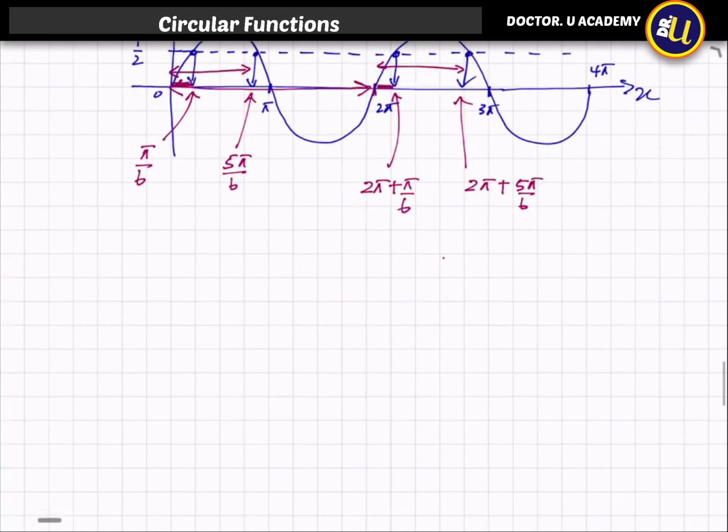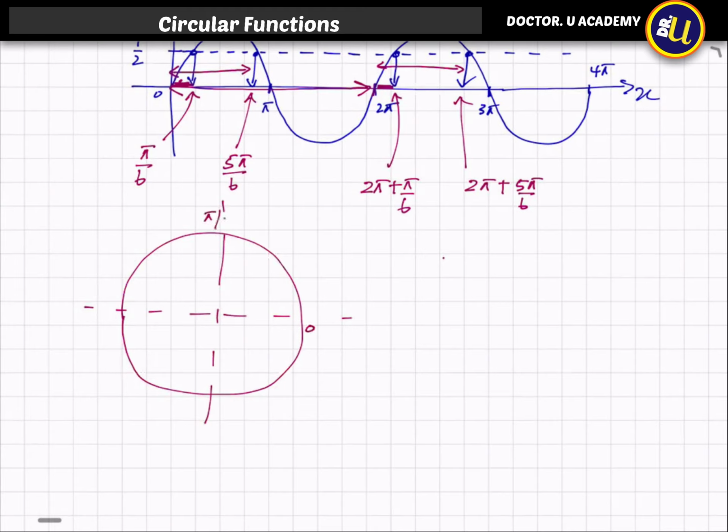So now when you understand this in circular theory, I will tell you, you get a circle, then there are two solutions. This is 0, pi divided by 2, this is pi, this is going to be 3 pi divided by 2, and this is 2 pi. So now within 2 pi you have two solutions. One solution is here, that value is pi divided by 6. The other solution would be before pi, here, 5 pi divided by 6. Now this length here would be half. It should be very clear.